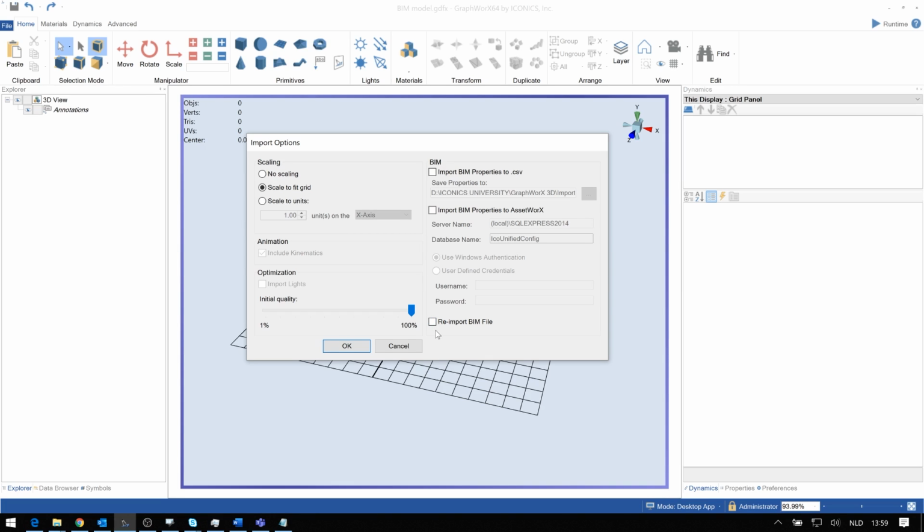Now imagine the BIM creator, the model creator, added some walls or changed some objects within the model. Then you can later re-import the model, and it maintains your dynamic connections made to other objects within the model itself. For now we just hit OK,